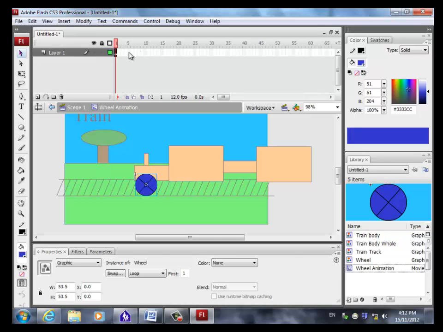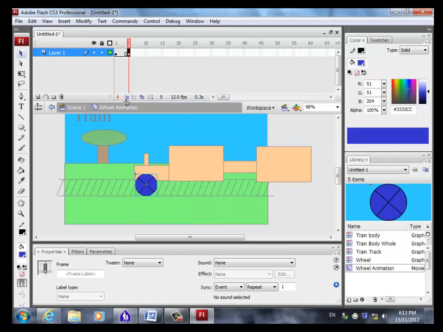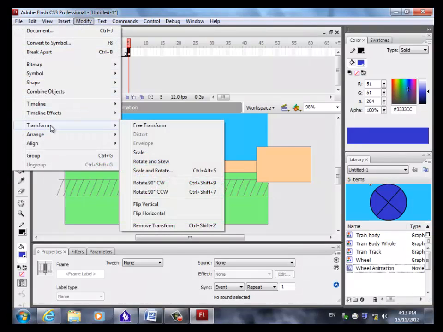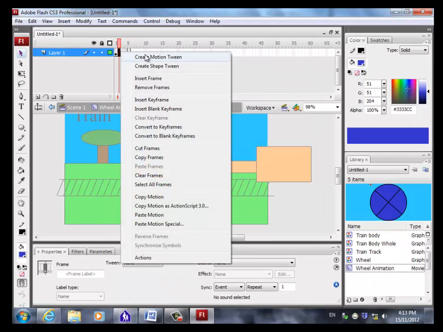Let's just go to frame 5, insert a keyframe. So I'm right clicked on frame 5. I'm going to choose insert keyframe. And what I'm going to do is now rotate this wheel at frame 5. So modify, transform, rotate counterclockwise, because it's rolling to the left. And you can't see anything happen if I toggle from there to there because it's symmetrical. 90 degrees is exactly what the spokes are. If yours are slightly off, you might see some changes. But if I right click in here and create a motion tween,